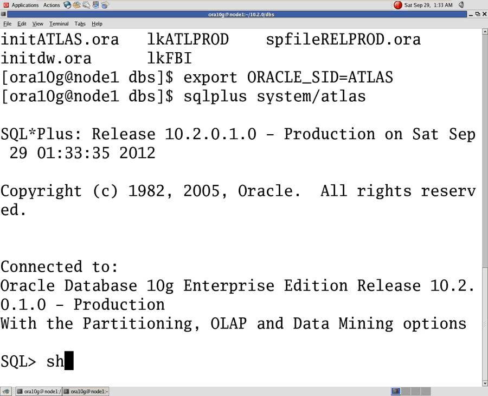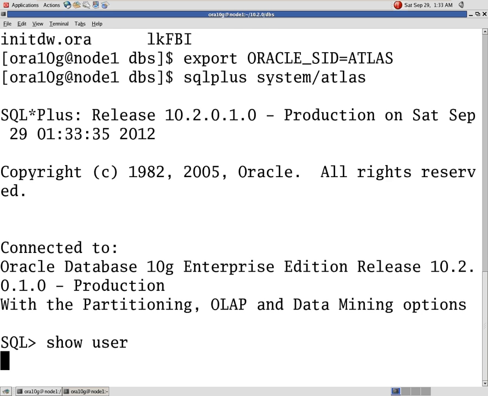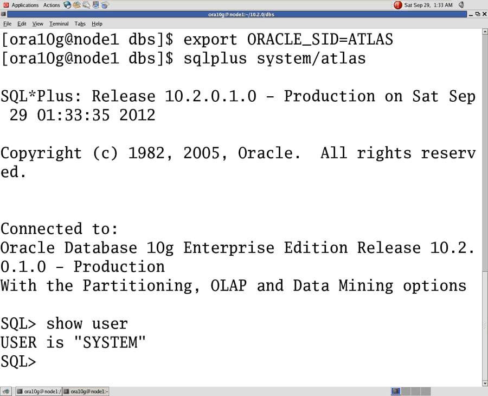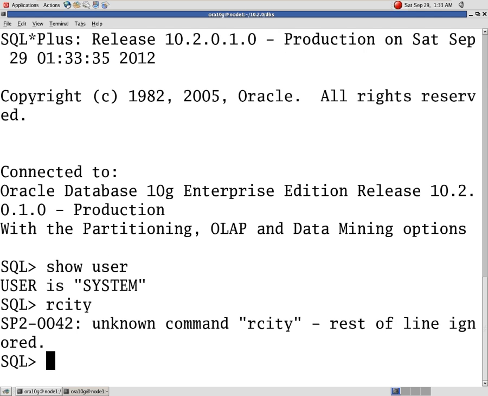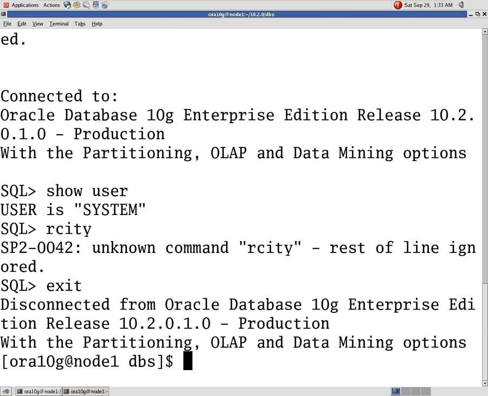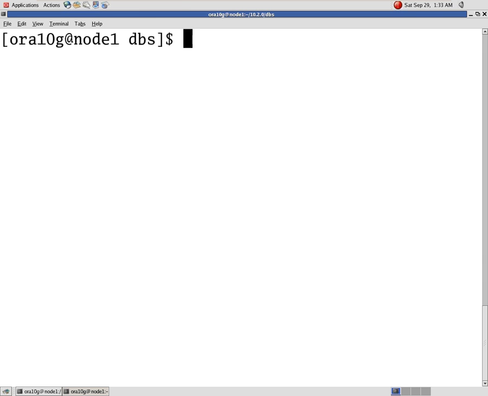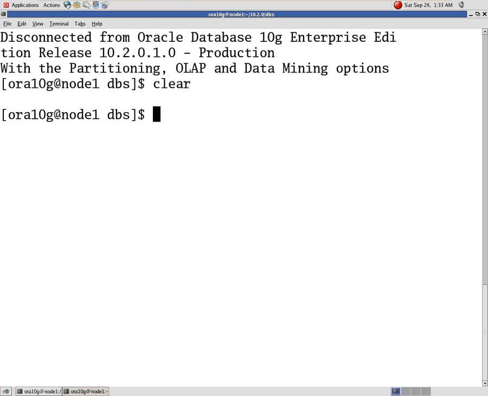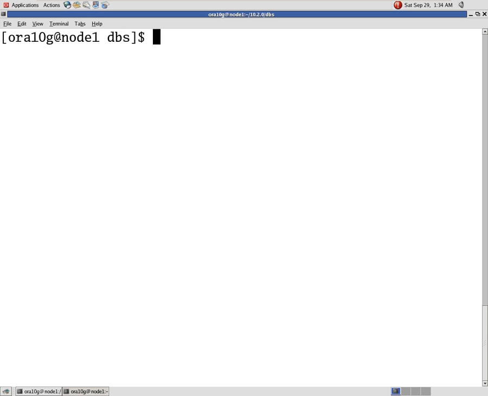System by manager connected. Show user is your system user. Okay. Say you are doing the export utility not from any user account. You are doing this utility from the $ prompt. You are not in any account now. So many students are thinking, from which account am I doing the export utility? I am not in any account. So whatever username you are giving, you are doing that export utility from that account only.